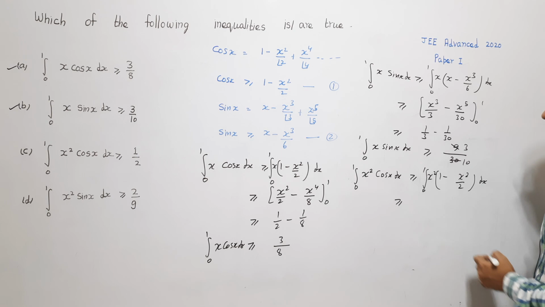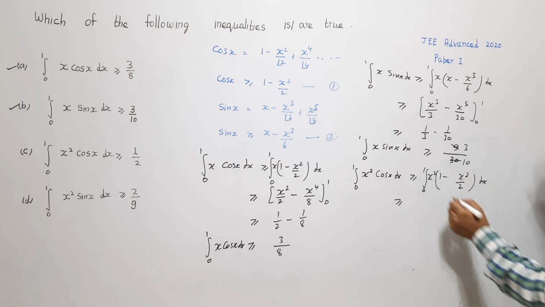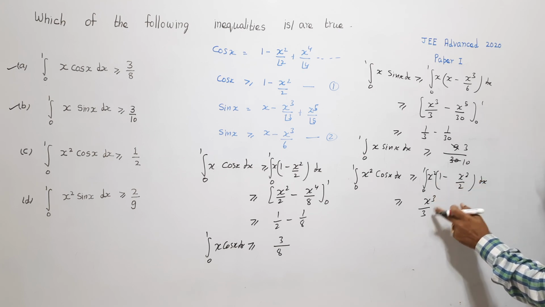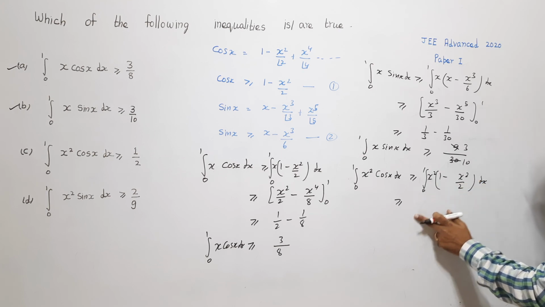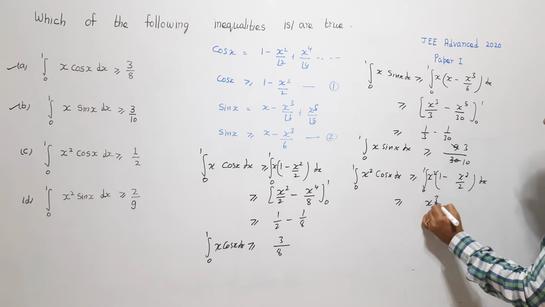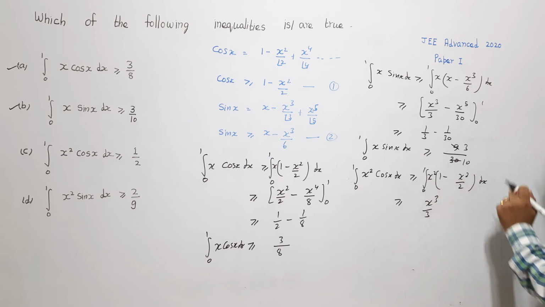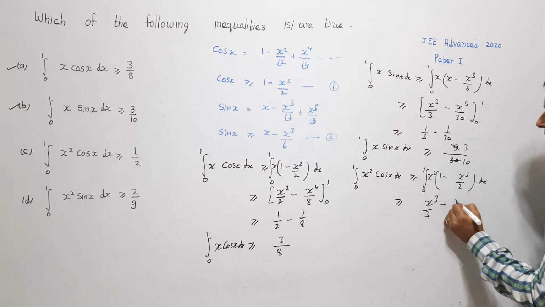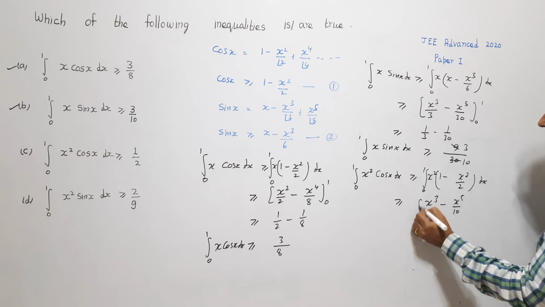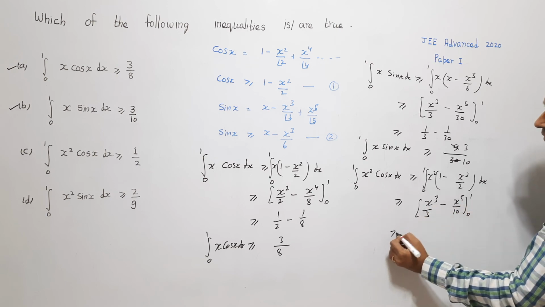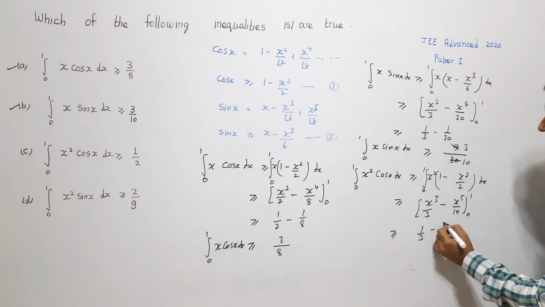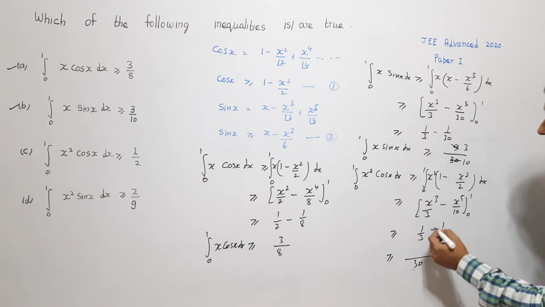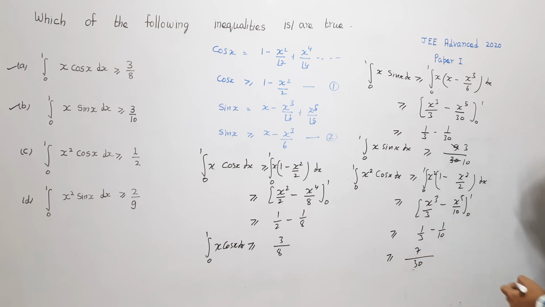Now let us find out this integral. This will be x square, whose integral is x cube upon 3. I am sorry, I have not yet integrated. The integral of x square is x cube by 3, so I will write here x cube by 3. And x square into x square is x to the power 4, whose integral is x to the power 5 upon 5. So this becomes x to the power 5 upon 5 into 2 is 10, whose integration from 0 to 1, if I substitute the limit, I will get 1 by 3 minus 1 by 10. If I take 30 as LCM, what I get is 10 minus 3, which is 7 by 30.